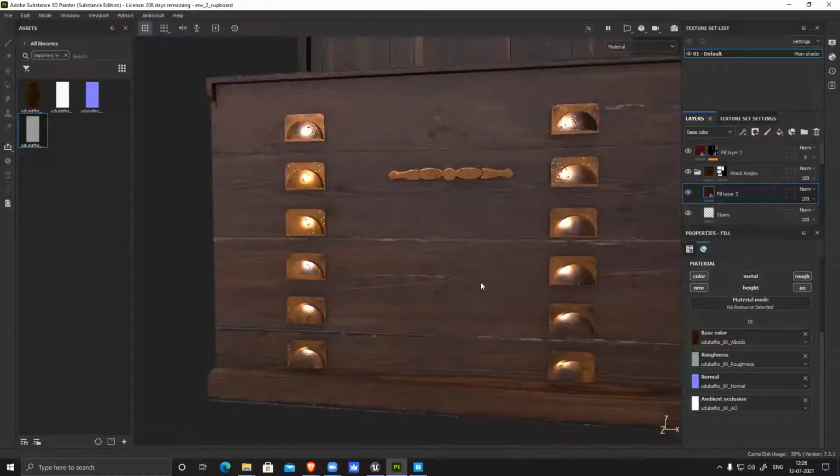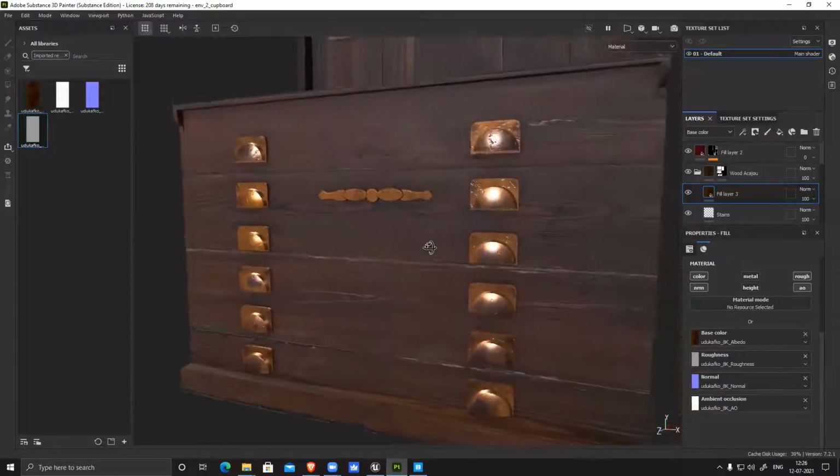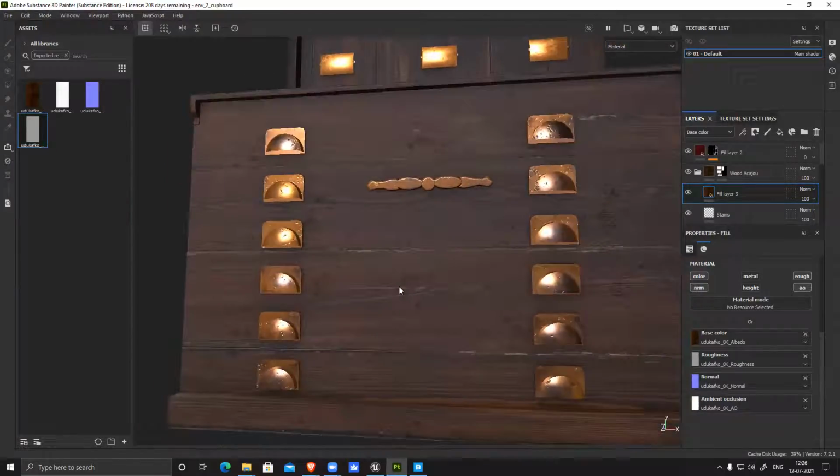Sir, just one doubt. These handles which I have created, if I create one and multiply it, duplicate it in Unreal, is it possible, sir? For this much, I won't recommend doing it, because these are very small parts.